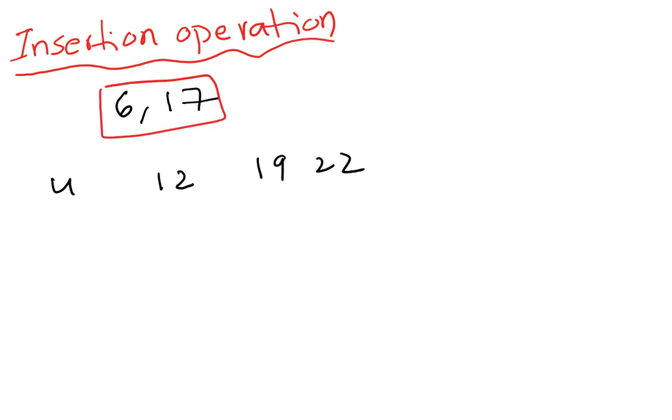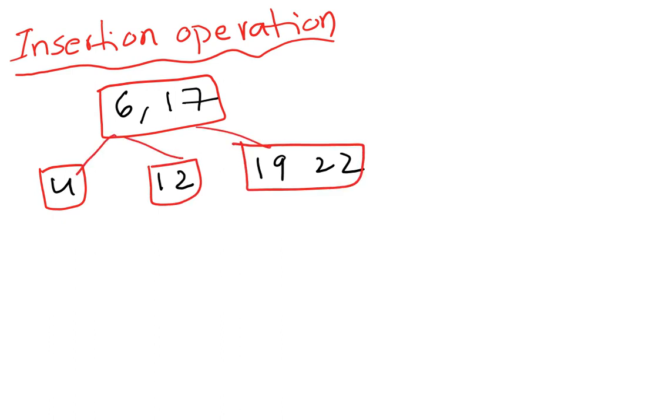Now let me go for addition, adding an element, addition or insertion. So what will be the insertion operation here? Let me take first one example where you want to insert. I may take the example 6, 17, 12, 19, 22. Assume this is a B tree. Now this is the tree I am having. Now I want to insert the element 18.